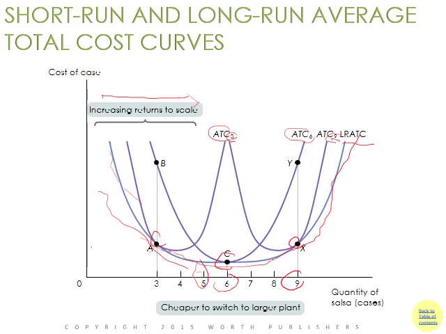Then roughly between 5 and 7 units of output, average total cost remains constant or is flat, which means our production relationship demonstrates constant returns to scale in production. And then beyond 7 units of output, our average total cost curve